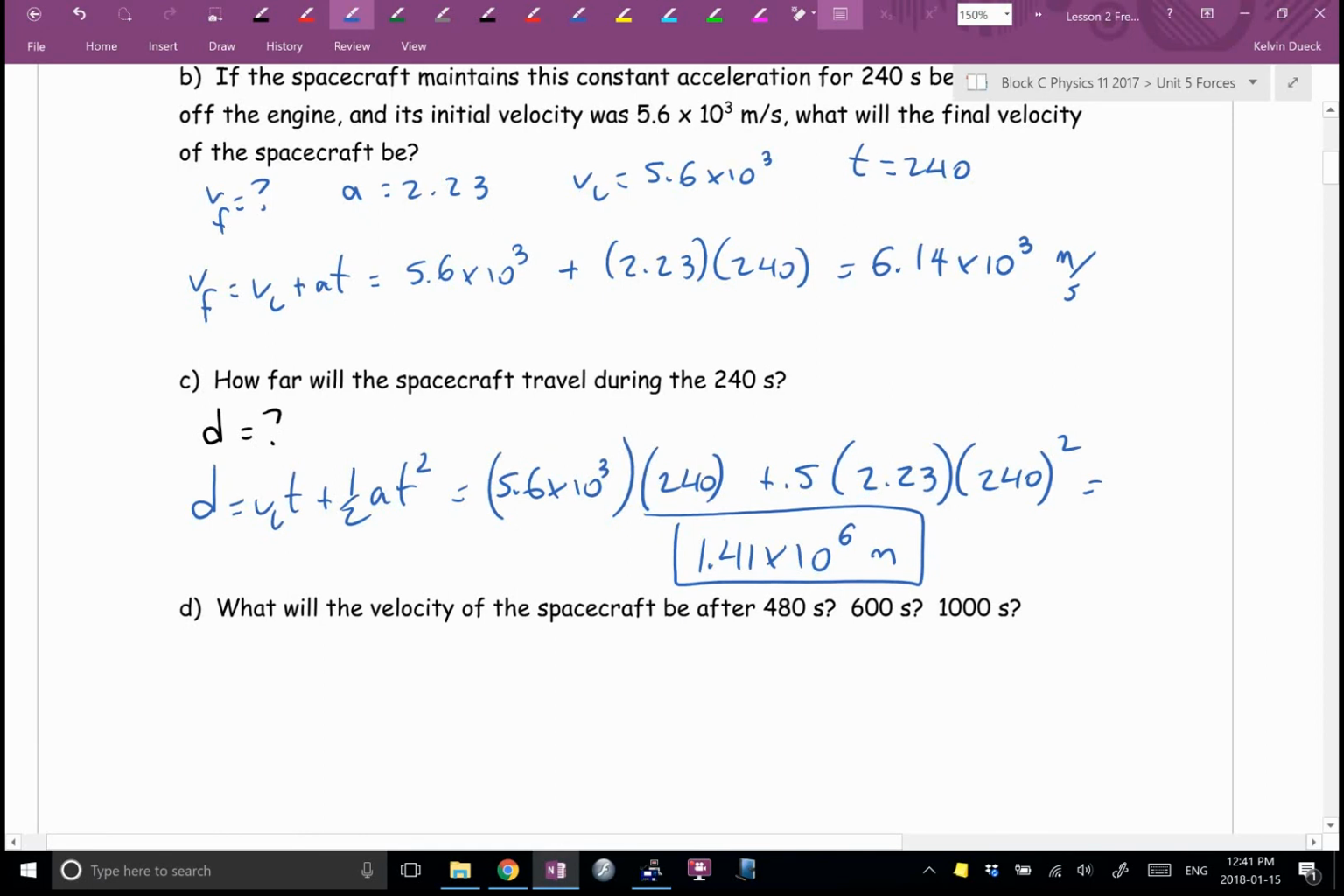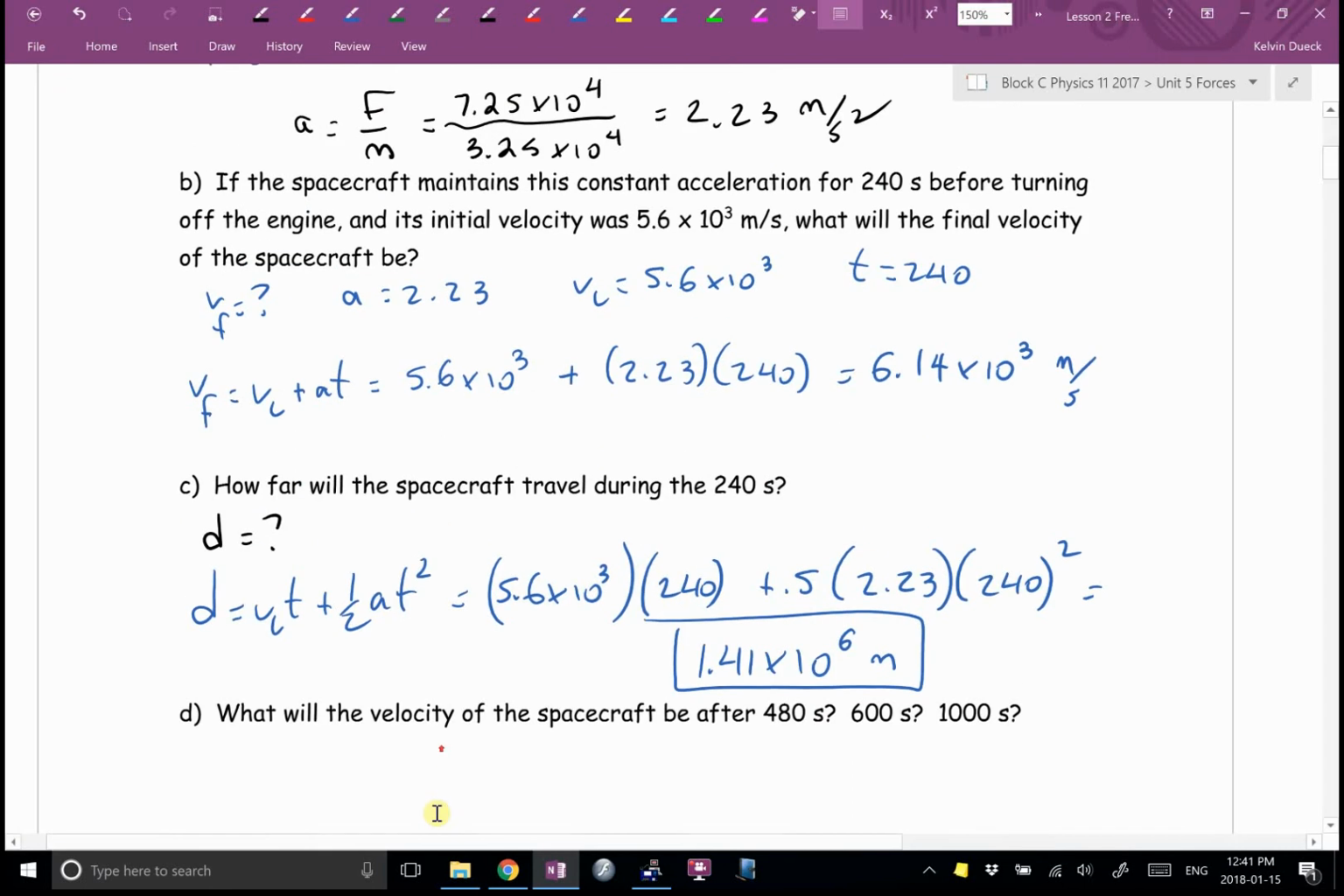D. What will the velocity of the spacecraft be after 480 seconds, or 600 seconds, or 1,000 seconds? And I'll give you a hint. It's a trick question. So all of you right now in B, underline that phrase there. When you're in outer space and you shut off your engine, what happens? What law is that? Newton's